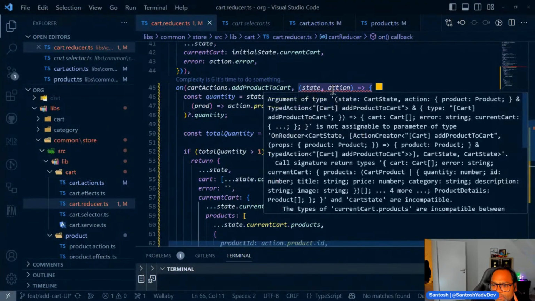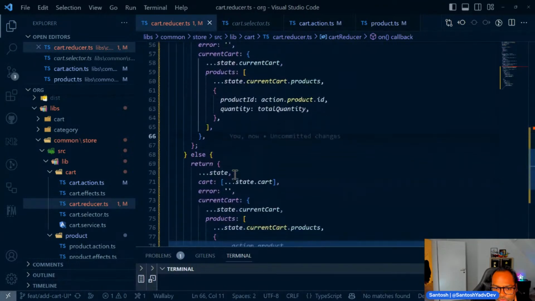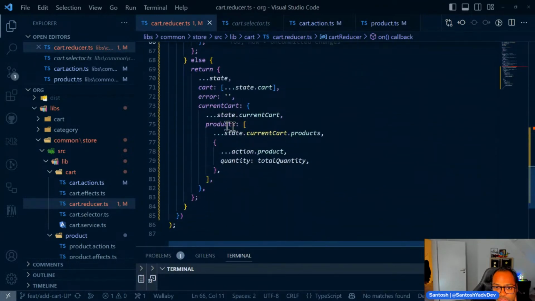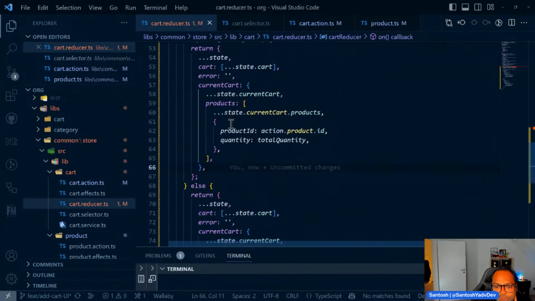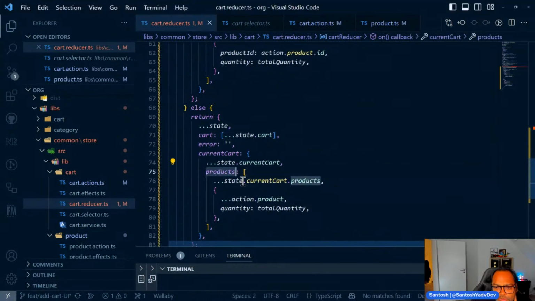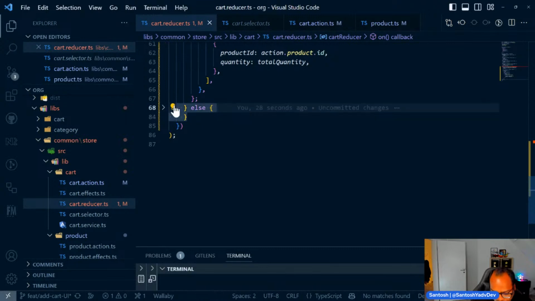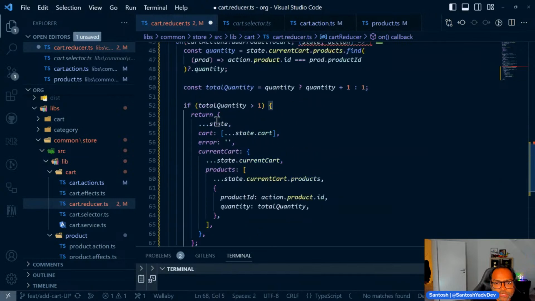Yep. It's not a single parameter type on reducer because they both are returning different types. Current cart, products. So I'll just remove this. As I said, I'm just making it a little bit complicated. I'll just remove if